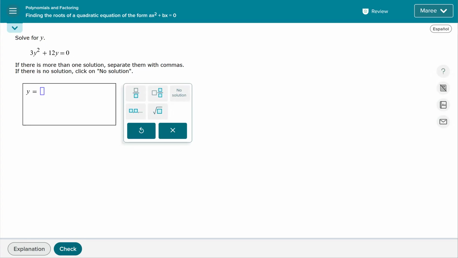So this topic is called finding the roots of a quadratic equation of the form ax squared plus bx equals 0. If it's of the form ax squared plus bx equals 0, that variable, whatever they have in there, will be able to be factored out. So before we do anything, we're going to factor out a y, and actually a 3 also, because 3 can go into itself and 12. So if we factor out a 3y, we're left with y plus 4